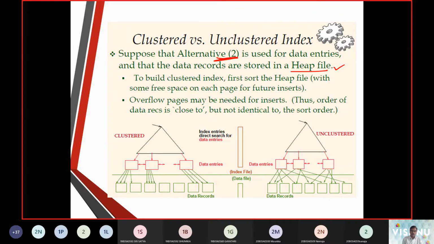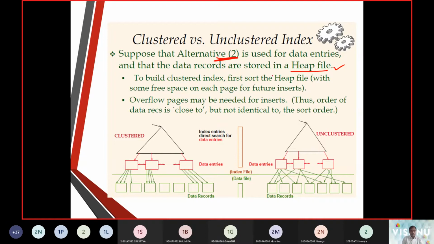When the heap is full, an overflow bucket is concatenated and the elements are put there. All the elements are linearly propagated. There is no such order; one after the other, elements are piled up. That is what we call a heap file. So the second was an unclustered structure where we pile up the content like a heap.